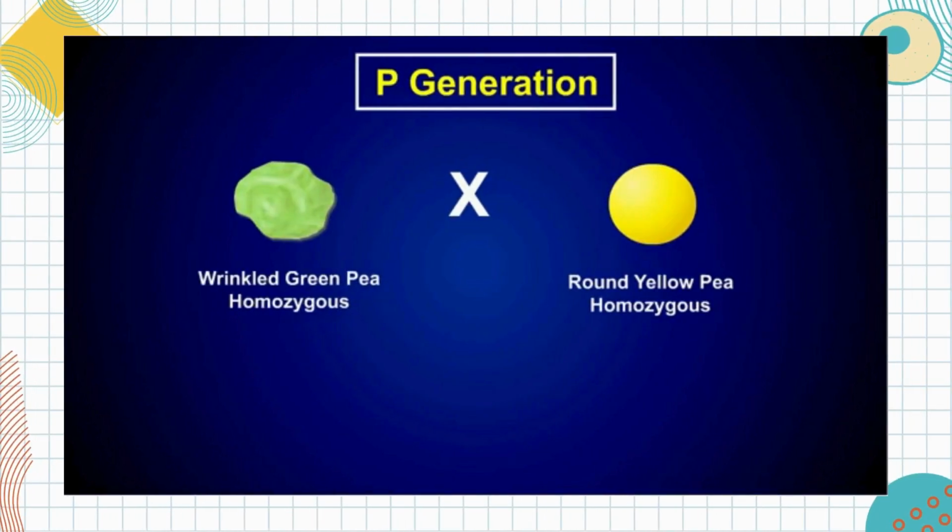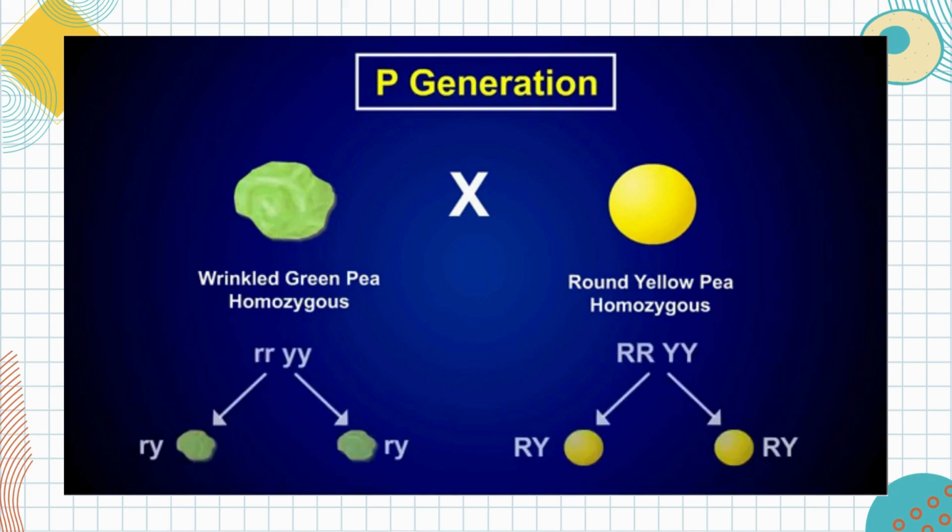A dihybrid cross illustrates the potential results from crossing individuals that differ in regard to two traits. In this case, the parents, or P generation, differ in both pea color and shape. A plant homozygous for wrinkled green peas is crossed with a plant homozygous for round yellow peas. Because both parents are homozygous for both traits, only gametes coding for wrinkled green peas or gametes coding for round